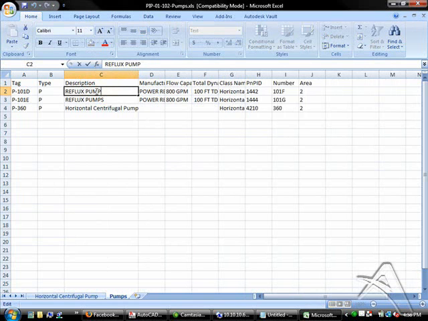So reflux pump. You can see one has pump, the other one has pumps. So I'm going to back this out because the S shouldn't be there. And maybe this needs to be 600 instead of 800. We'll save these changes,